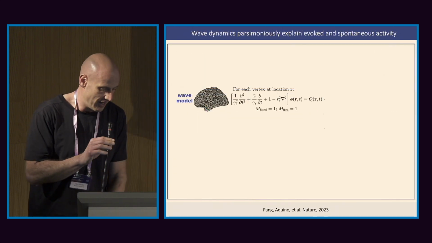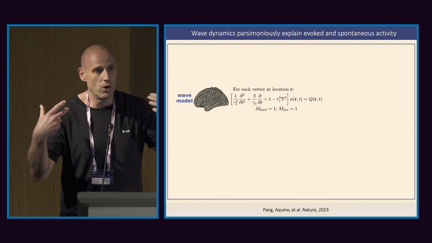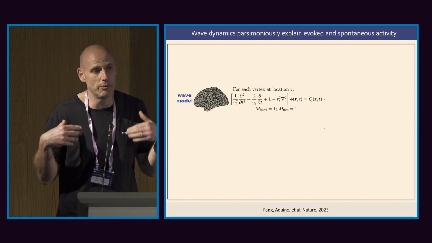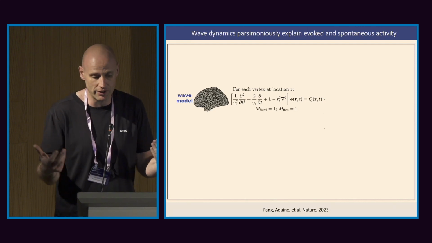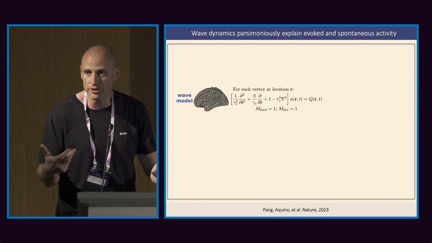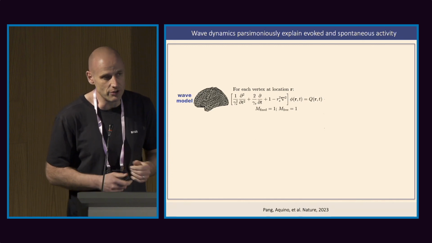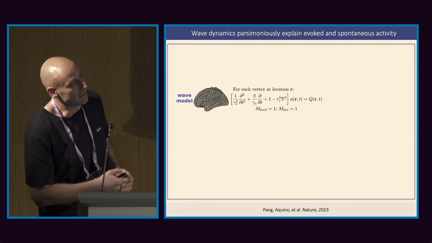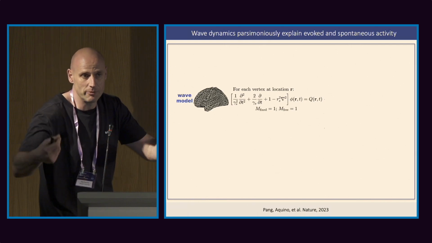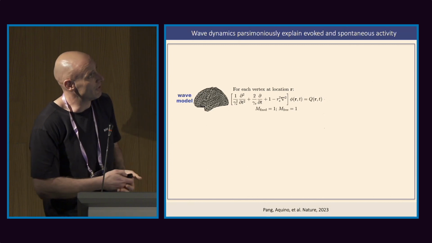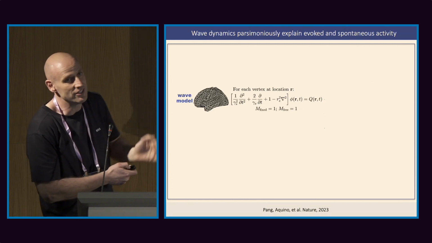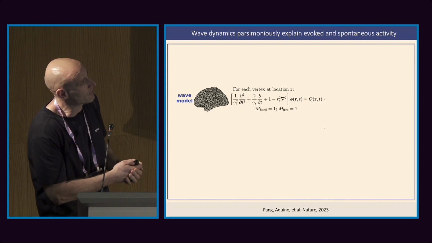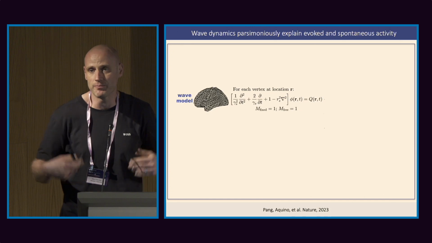So, remember that I said the reason why we think geometry might be informative of function comes from Neurofield theory, where we're assuming that wave dynamics drive a lot of activity. We wanted to explore this a little bit further, so we just used a simple wave model. Again, this was the wave equation I showed earlier. With Neurofield theory, you can start from a detailed biophysical model and move up to derive this equation, but we ignored all that detail. We just said we want a generic wave process, and we want to see how much of fMRI data